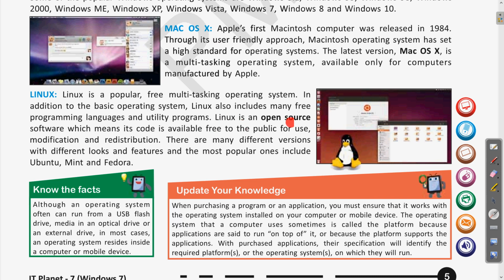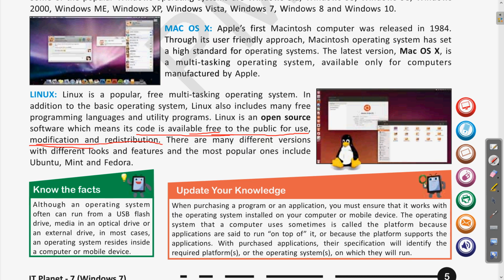Now Linux is open source software, which means its code is available free to the public for use, modification and redistribution. As we discussed yesterday also, the source code in which it is written is made public, and you can use it, see it, modify it, and after modification you can redistribute it.